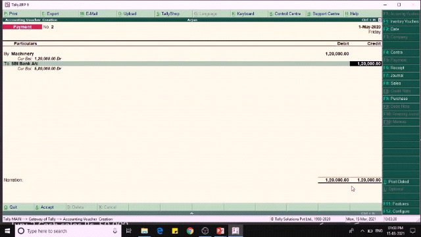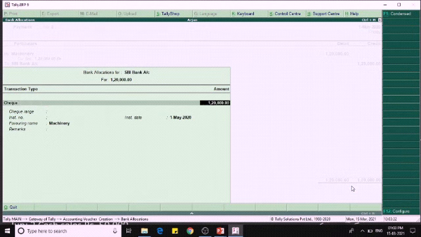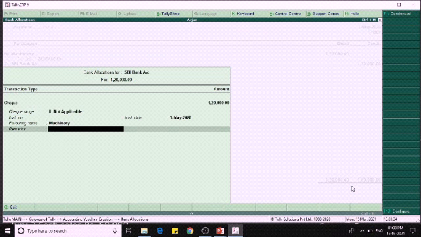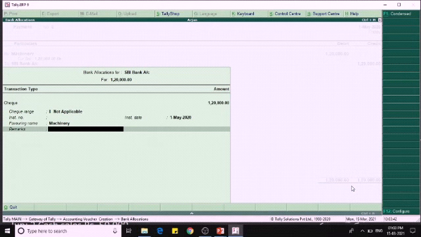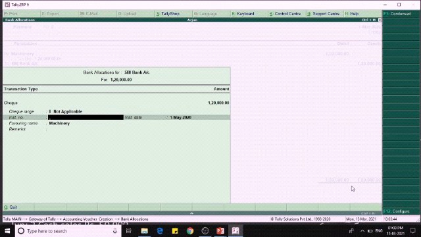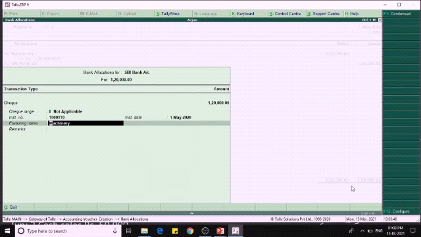We are issuing the SBI Bank cheque. If there is an instrument number, we have to mention 1000110, and the instrument date is 1st May.